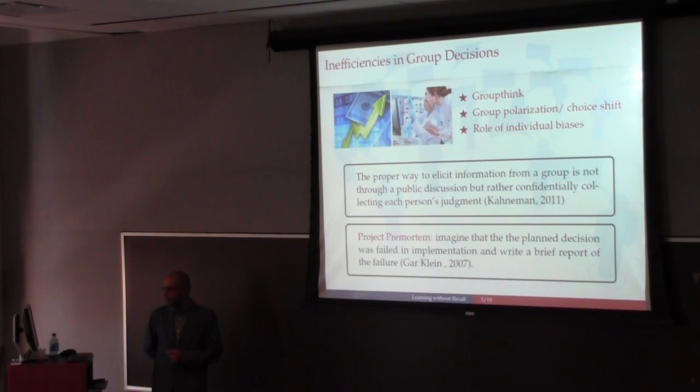And the analysis of these inefficiencies has led to practical advice for group decision making. For example, there is a famous advice that says a good way to elicit information from a group of people is to individually and privately approach them and extract their opinions and then try to aggregate those opinions rather than letting them enter a public discussion, exactly because of these inefficiencies that are associated with group decision making or public discussion. Or for example, to avoid groupthink, project pre-mortem is a practice advocated by Klein, proposed in 2017.